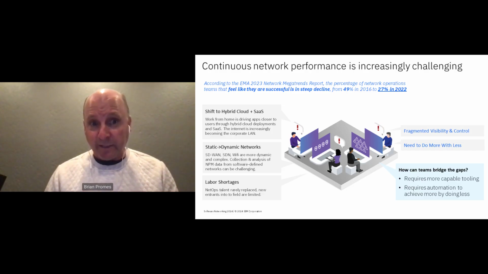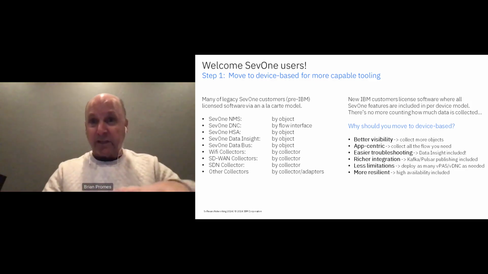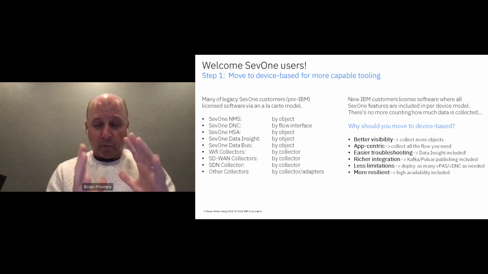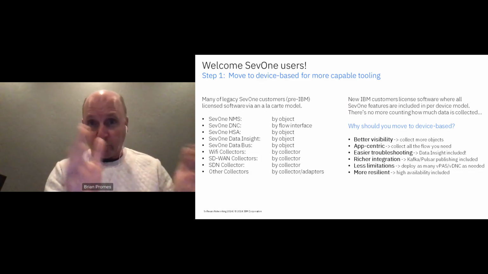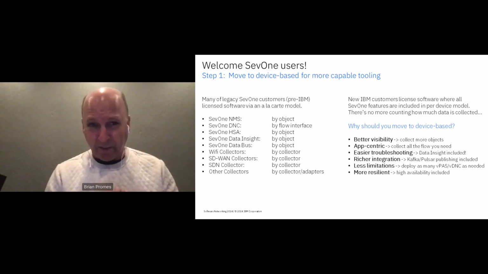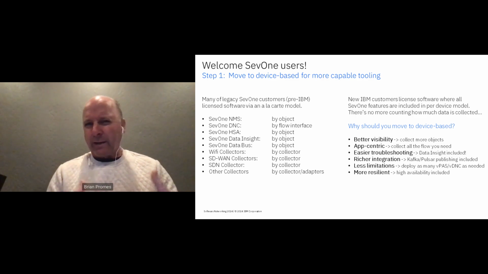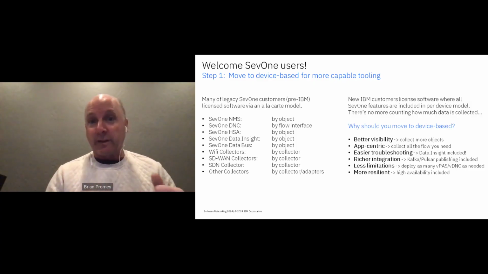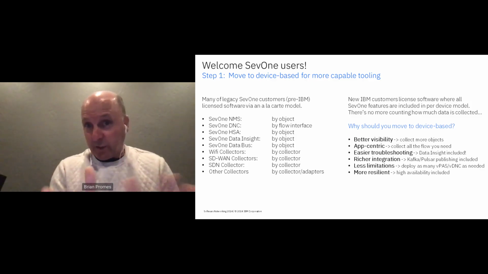Now, a great place where I want to start is just a level set. For those in the audience who have been with SevOne for a number of years, the majority of customers that came up through SevOne through the years are customers who, in this term, we're calling legacy SevOne customers, those that came before the IBM acquisition. They license and consume software from SevOne in what I call an a la carte model, where they would buy various modules and add on new features and capabilities. So every SevOne customer that's out there today,